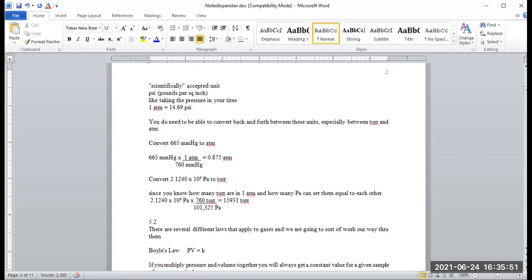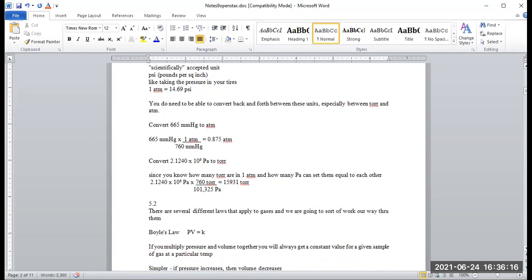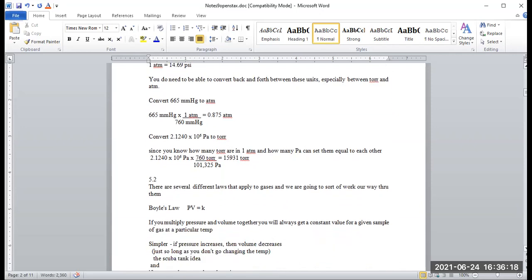All right, so some conceptual stuff, some basic measurements that we have not seen before, because up to this point we've been focusing on such things as grams and kilograms and liters and milliliters. So this is a new unit for this chapter. A huge chunk of this chapter is tied into the idea of